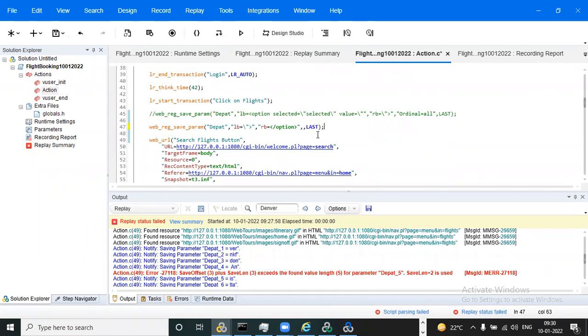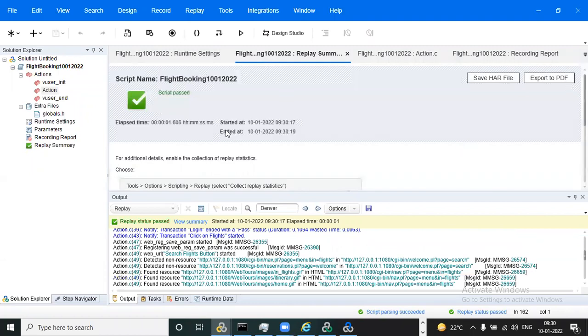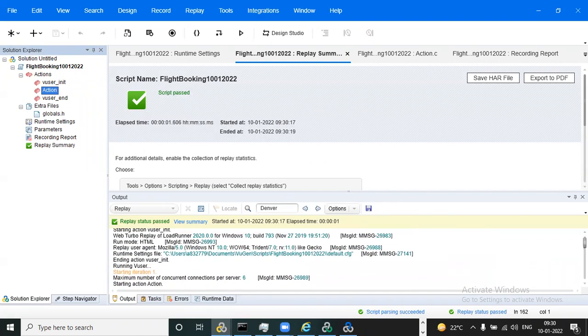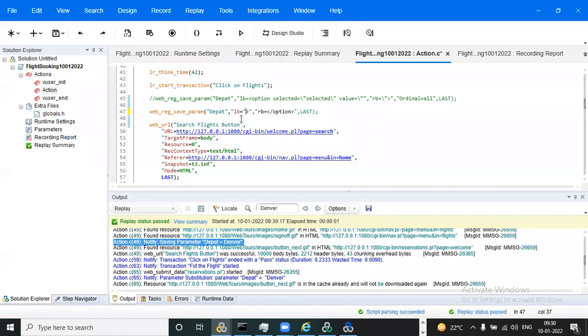Now my requirement will be, for example, I give this wrong name, so the left boundary is wrong.